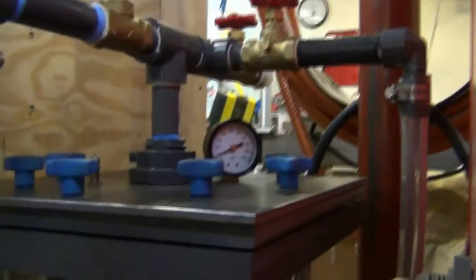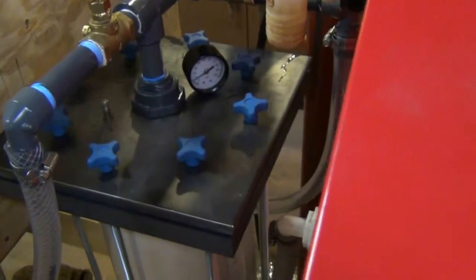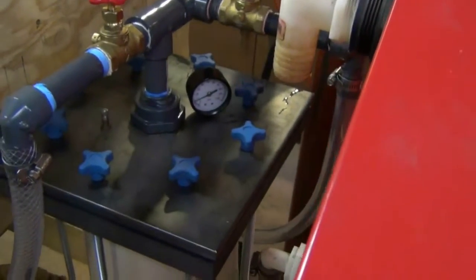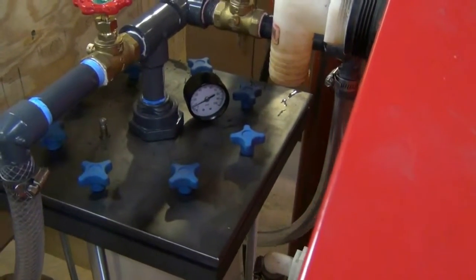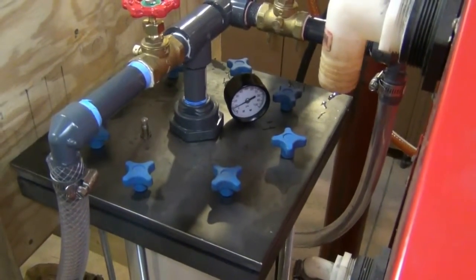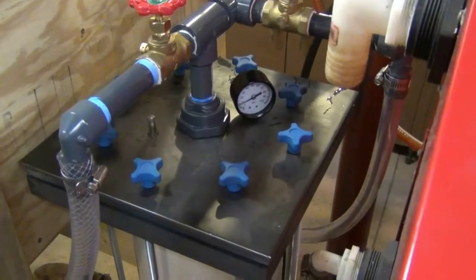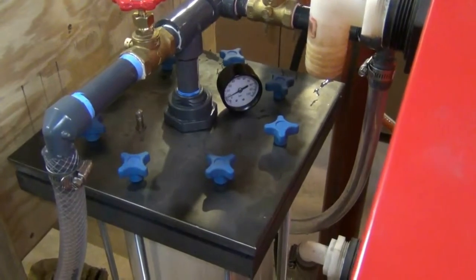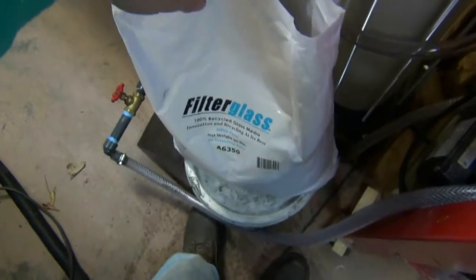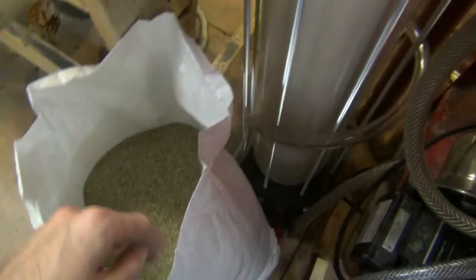Okay, I just wanted to show you guys that, to let you know it works. I have my crushed glass media. I'm going to put that in next and take a pressure reading, and go ahead and put my string wound cartridges in, my other three polishing filters, and take a reading there to get a baseline PSI, and let you guys know how this works. Anyway, this is filter glass, and instead of using sand, which can harbor bacteria,